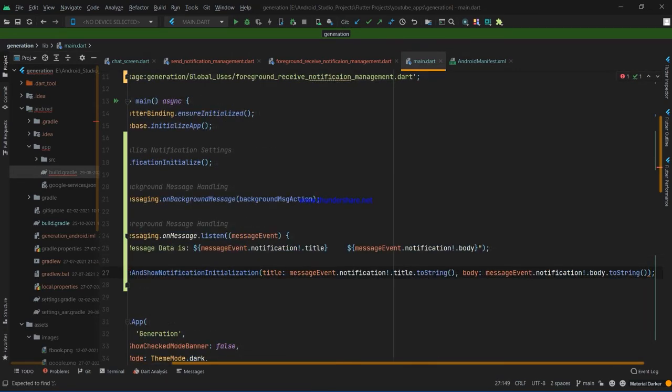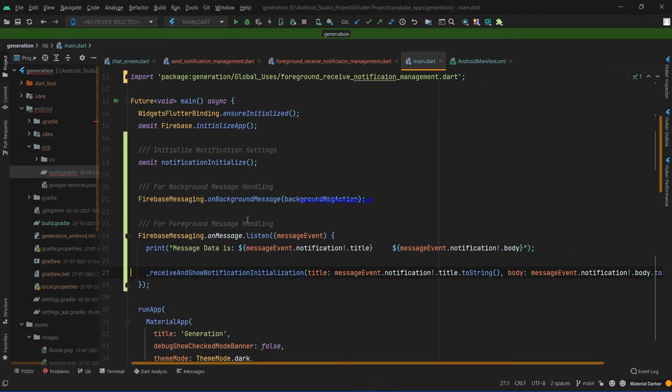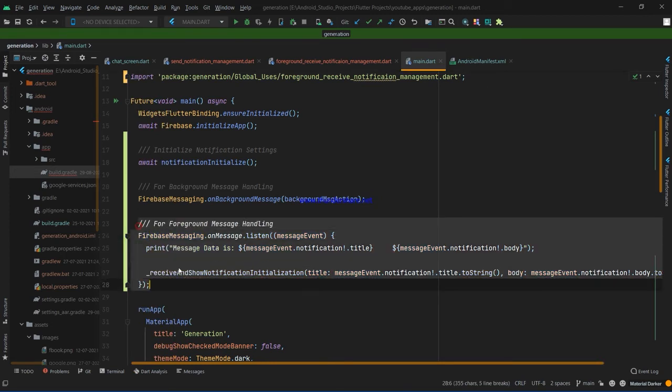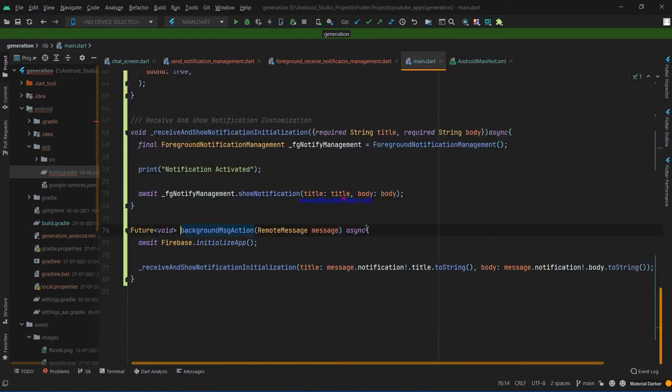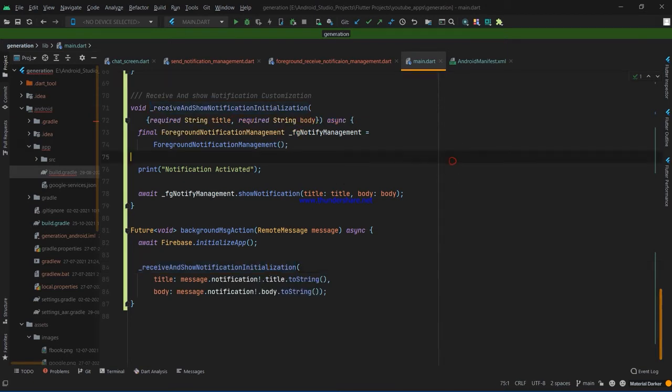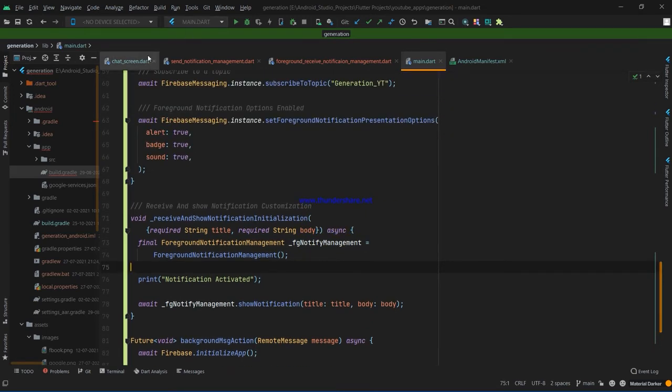Okay, so that's for the foreground message, and that's for the background message, which is handled by that method here. So I think receiving messages will work fine when we test on our virtual and physical devices, as you know.